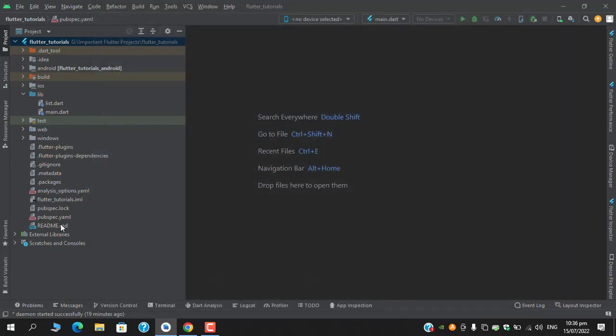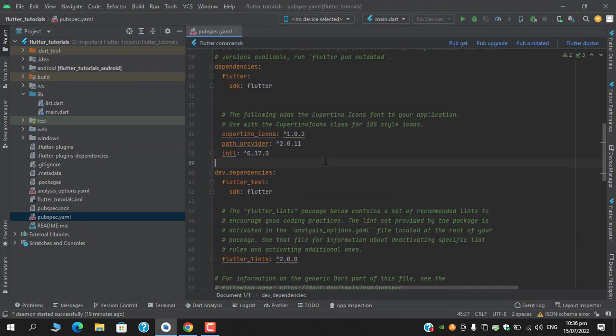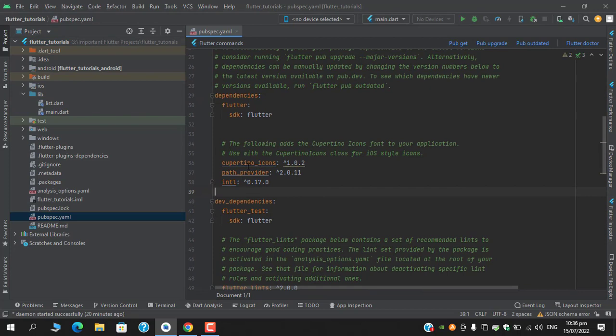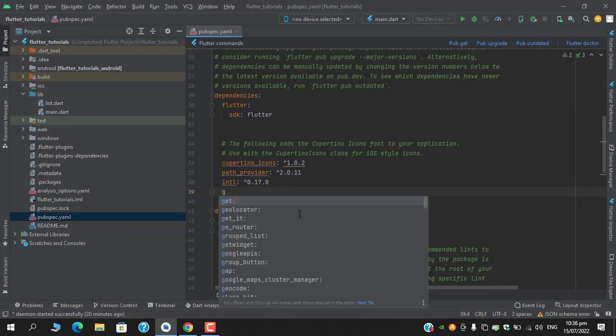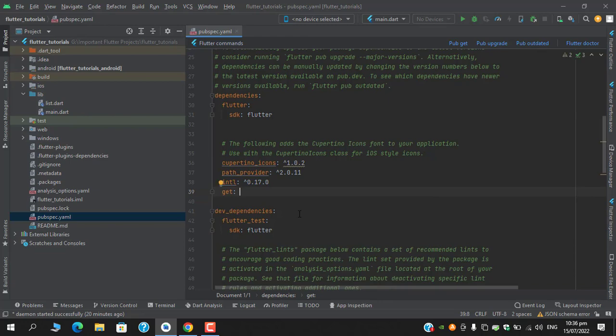And once you install this, head over to pubspec YAML and head over to the packages. You will see something like this, every package being underlined. Let's say I want to install a new package. How can I get it? Instead of redirecting to pub.dev and manually doing this stuff, I can just, I want to install get. I've pressed G and it has given me suggestions. And when you press it,